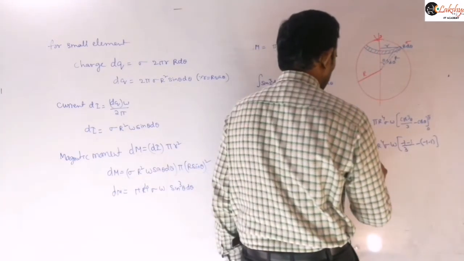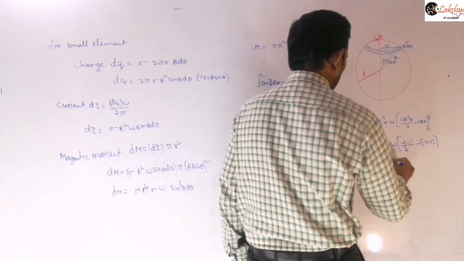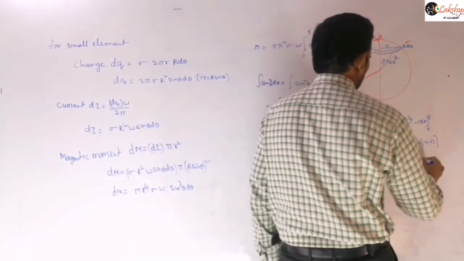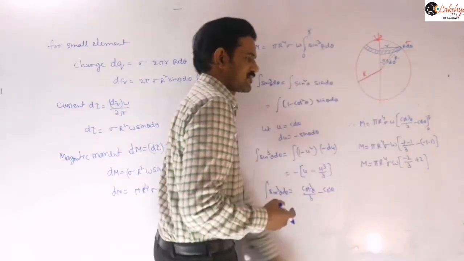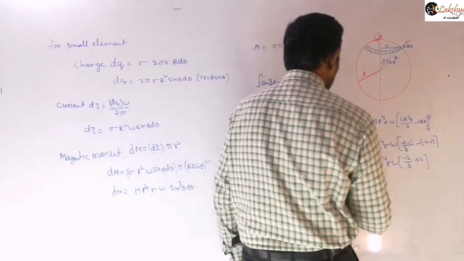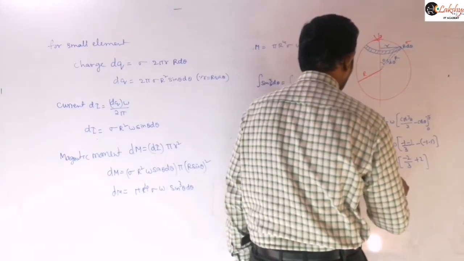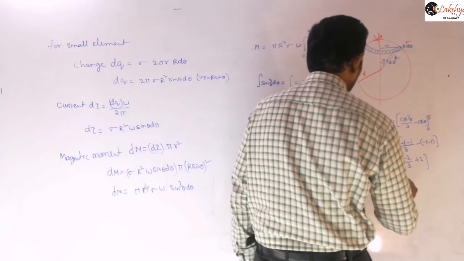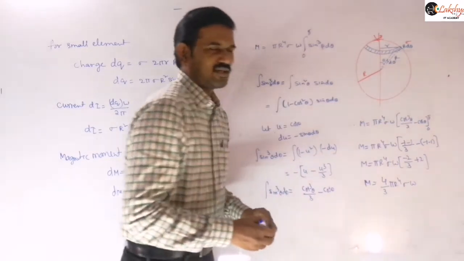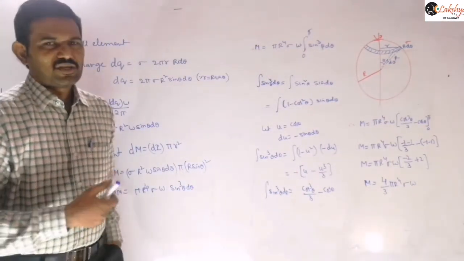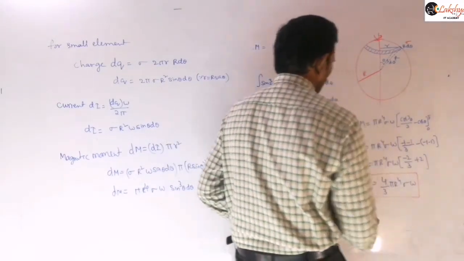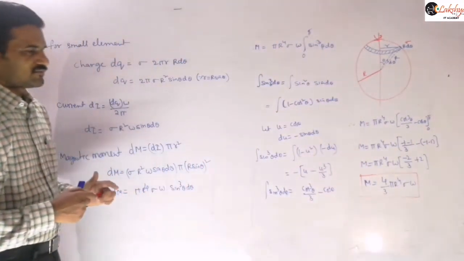And so this total expression is nothing but pi r power 4 sigma omega into minus 2 by 3, and this is plus 2 you will get. So minus of minus gives plus there. Therefore this m is equal to 4 by 3 pi r power 4 sigma into omega. So that is the magnetic moment of this sphere. That means when a hollow sphere is rotating with angular velocity omega about its axis, its magnetic moment is given like that.